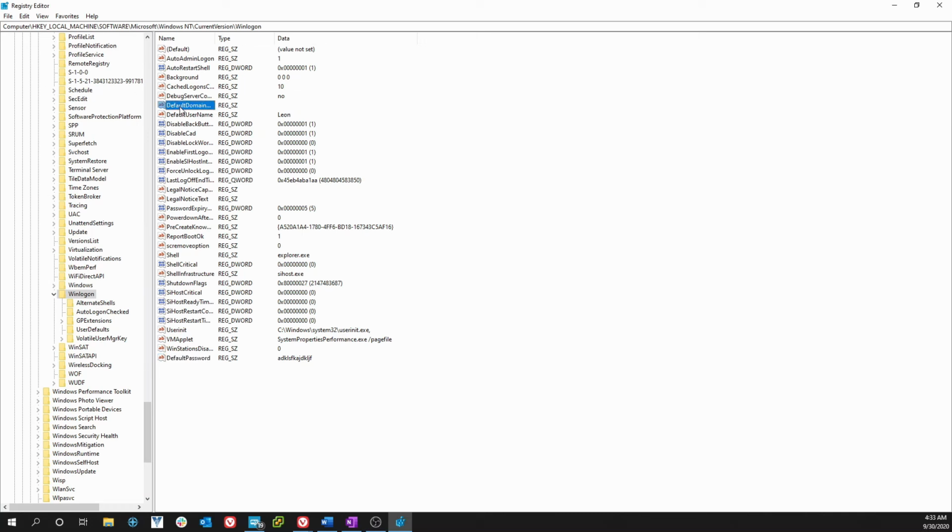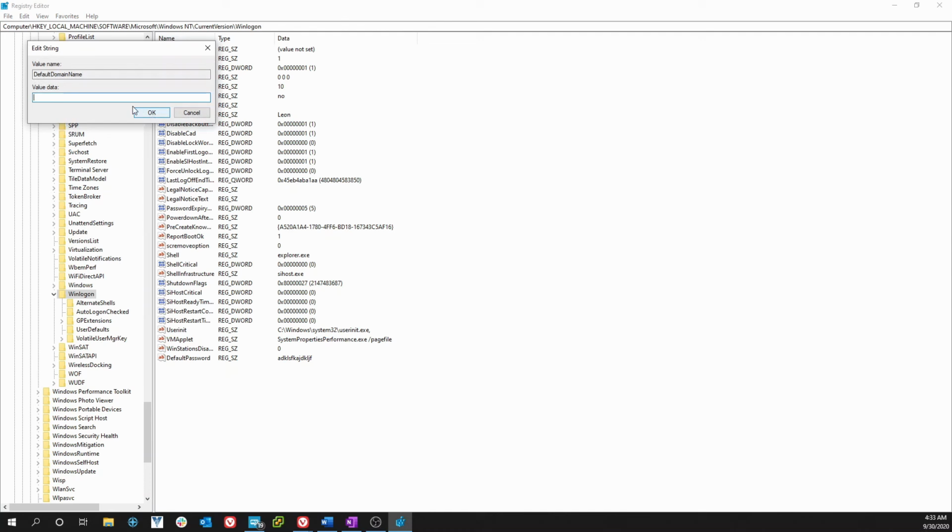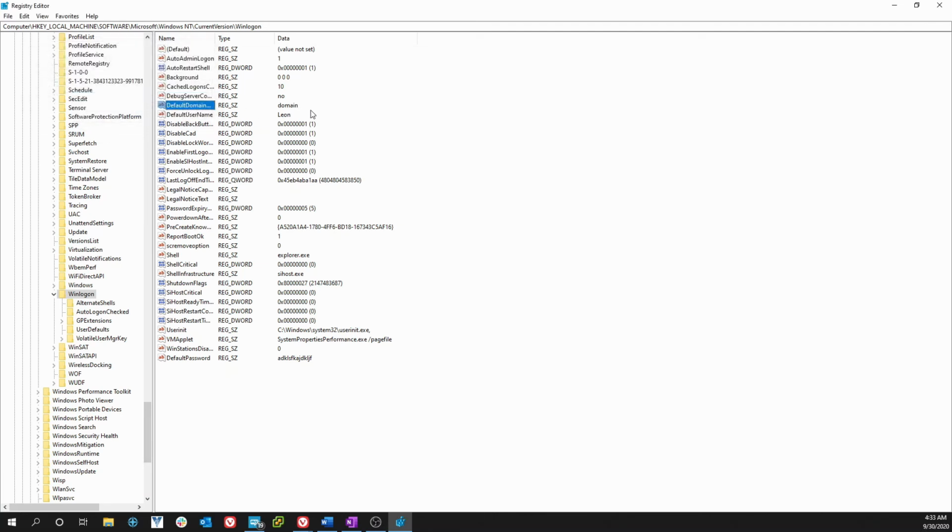You want to check your DefaultDomainName. Right now I don't have this computer connected to a domain, so there's nothing there. But if your computer's on a domain, you'll double click there and you'll type in whatever your domain is. It may be whatever it is, type that in there and it'll tell you what it is once you get it in there properly. Okay,